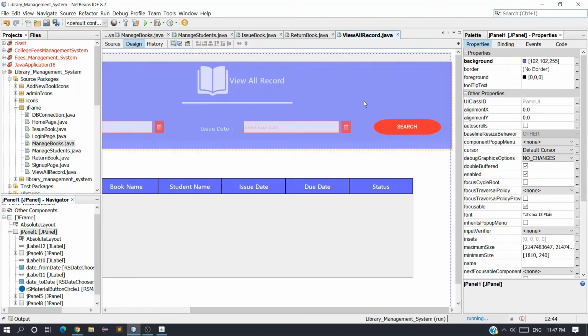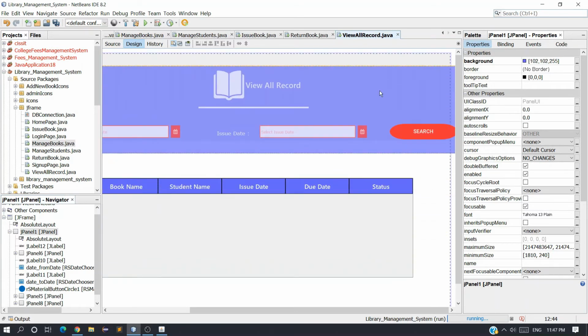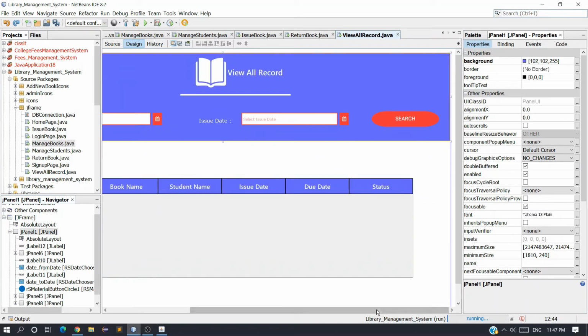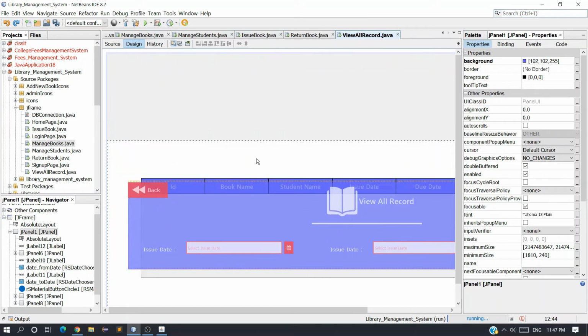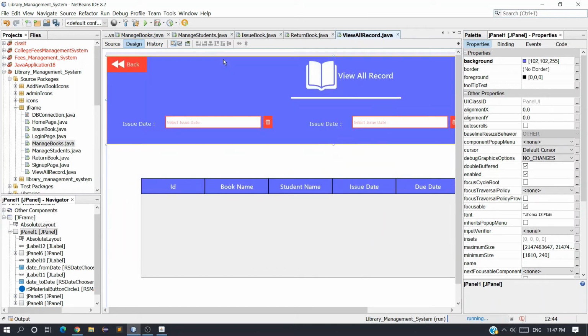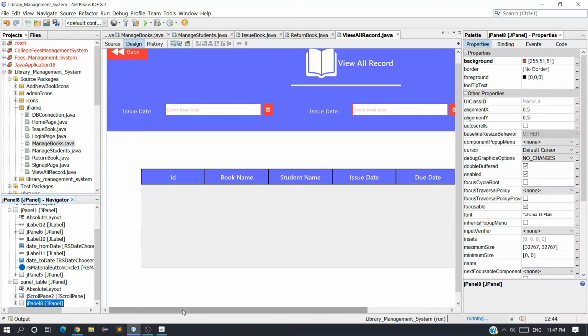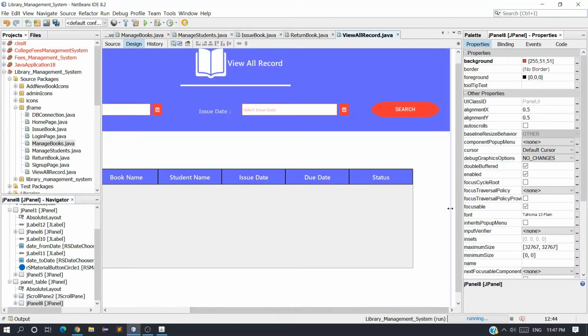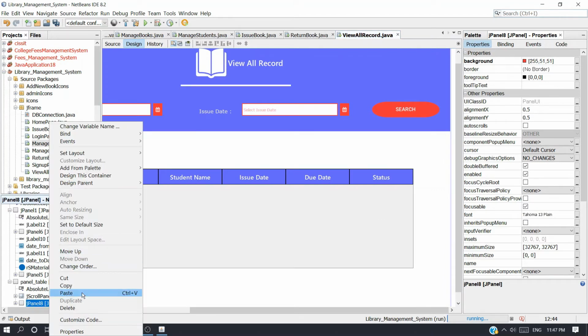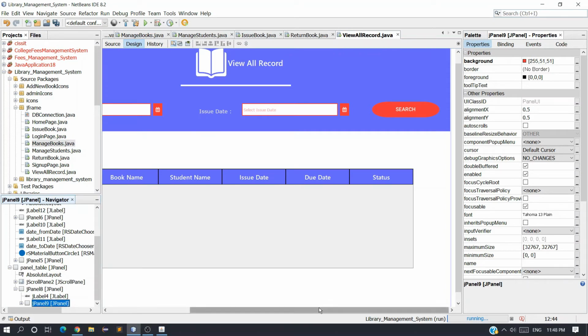Let me check where it is. I can't see it here. Okay, panel table, let me put it in the panel table and check whether it's coming or not. I can't see it here either. Okay, let's just create that cross button, no issue at all.